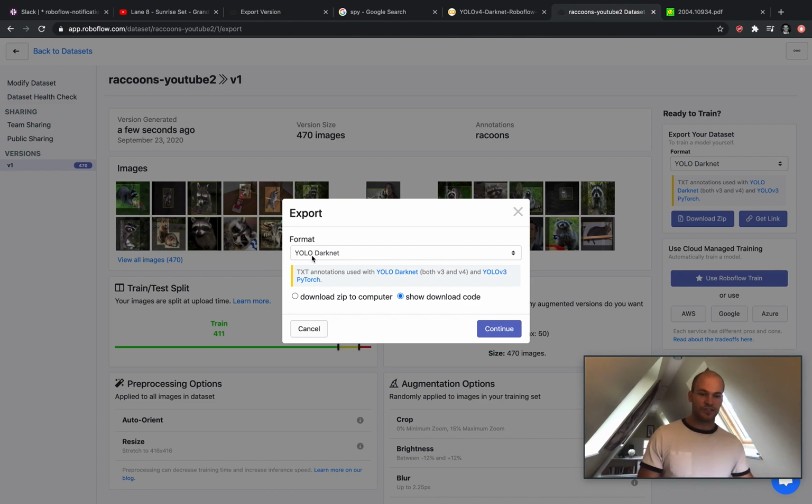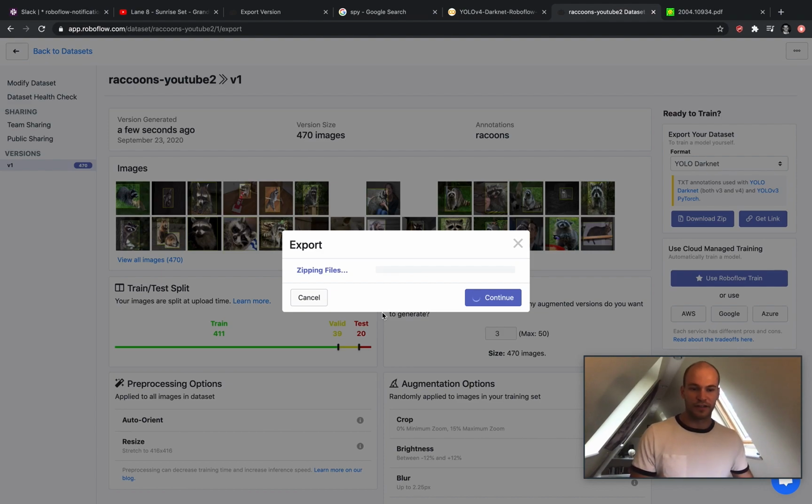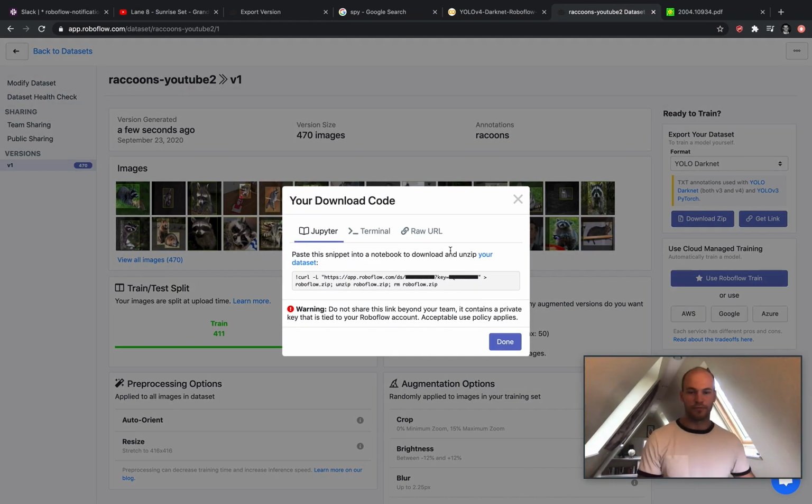So the format you want to choose here for export is YOLO Darknet. YOLO Darknet is going to be the dataset format that YOLOv4 is going to consume during training. So we need to make sure to specify the right dataset format to go into the network that we're heading into. So we can choose YOLO Darknet here, and we can go ahead and hit Show Download Code. So I'll go ahead and do that here with my data. And this will zip up the data and post it to a link where you can simply just correlate into the notebook. So here you go, here's your data link. It's important that you keep this private since it has some private keys. But I've already went ahead and loaded mine into the notebook, so we'll go ahead and just jump in there